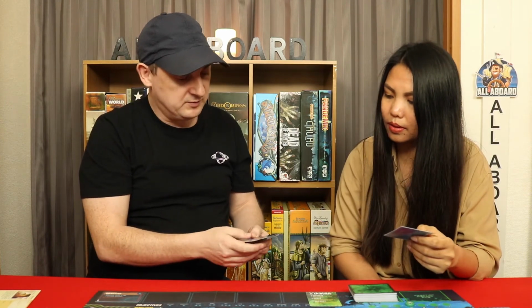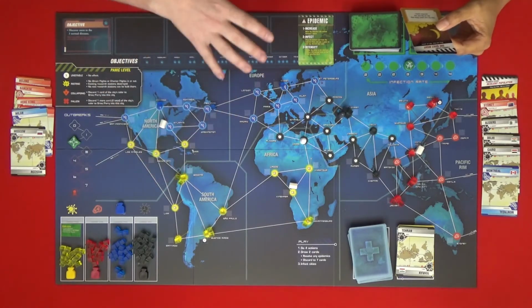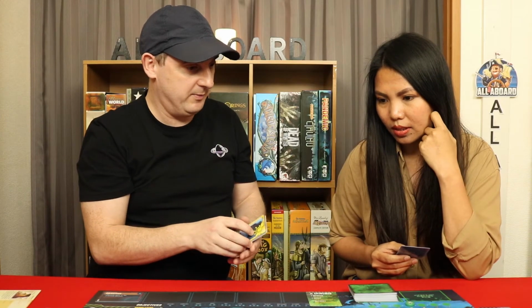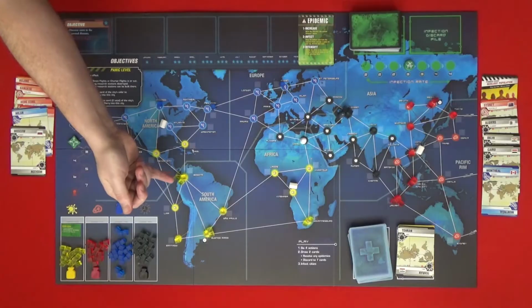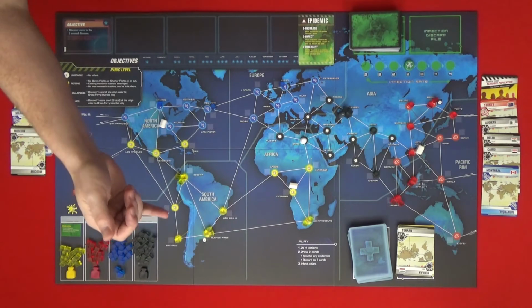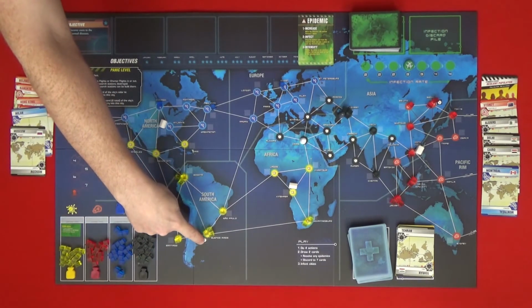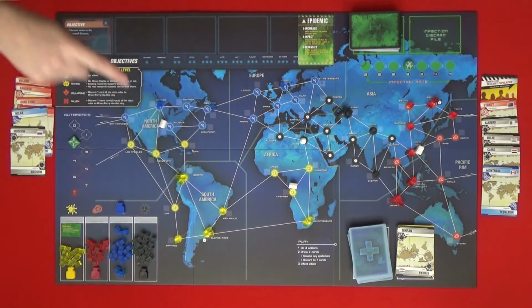So maybe we should use both, because we won't get another chance to take out one of these cities. So should we use the resilient population and take out, like, what about Bogota? Because if that outbreaks, then Buenos Aires gets hit. Yeah. And, you know, if Buenos Aires gets hit, then Bogota... Even Buenos Aires maybe we should take out, because that's already got a sticker on it. Yeah, I think we should remove...